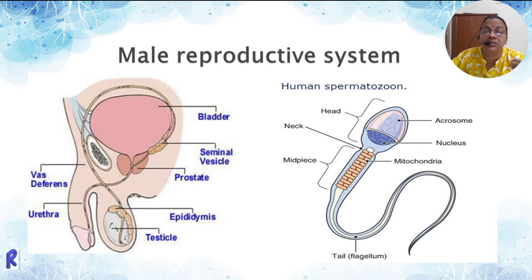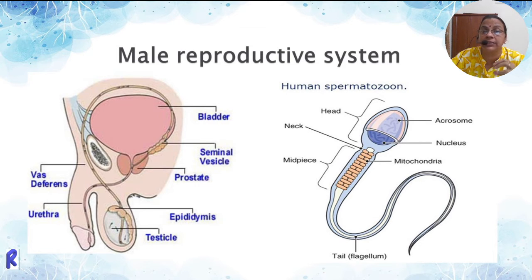So when this penis is inserted into the vagina, the semen will be discharged. The sperm with the nutrients will be discharged into the female genital tract. That process is called intercourse. The male meets the female, and with the help of the penis, it can insert the semen, the sperm, into the genital tract of the female. That is the sexual interaction which is taking place.